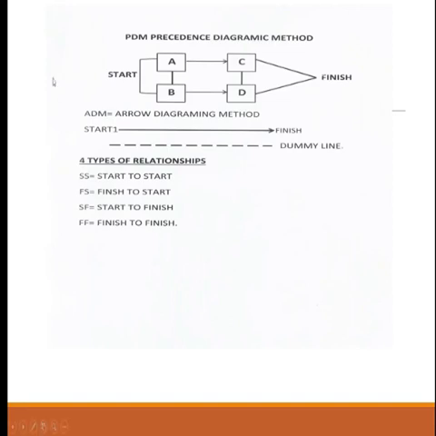Number 3 is start to finish. A will start in order for B to finish. That's very funny, right? If A does not start, B cannot finish. Let me explain this one. A little tricky. It is used in the construction industry. For example, you went to a company and they are building houses and they have empty land, and they're selling lands. And you're asking them, when will this building, this estate, be ready? I want to be sure you guys are going to start before I start paying for the land.